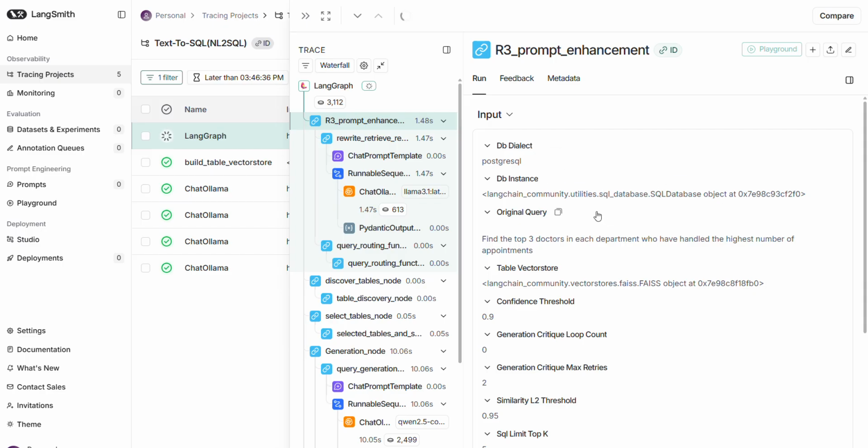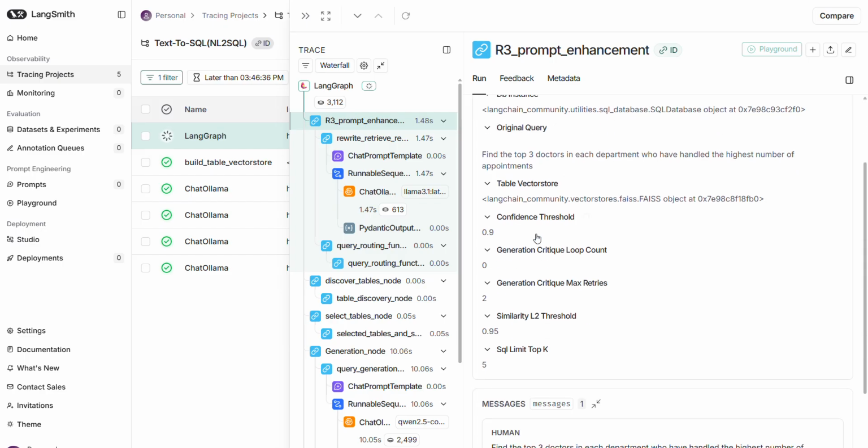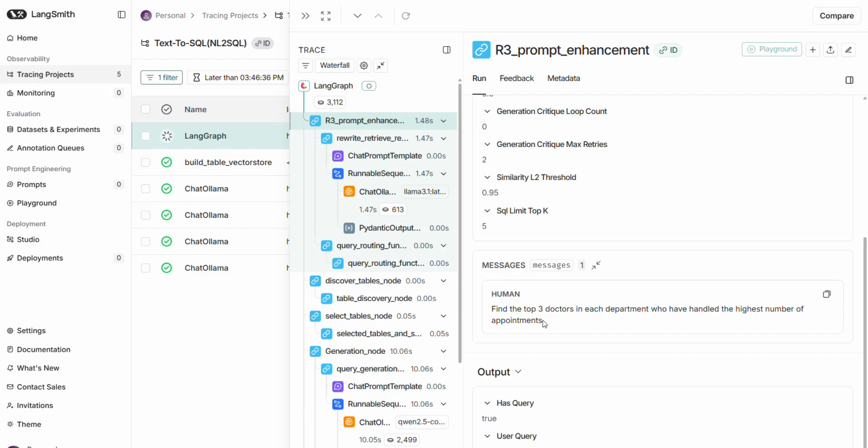Okay, what the prompt enhancer did. The prompt enhancer received these arguments. Also, this was the original message passed by us: find the top 3 doctors in each department who have handled the highest number of appointments. So what it did was,